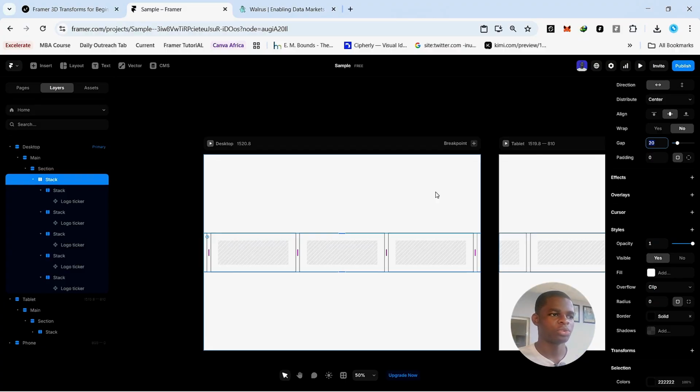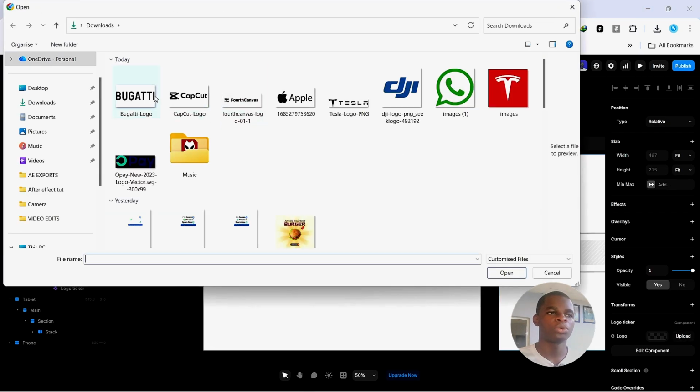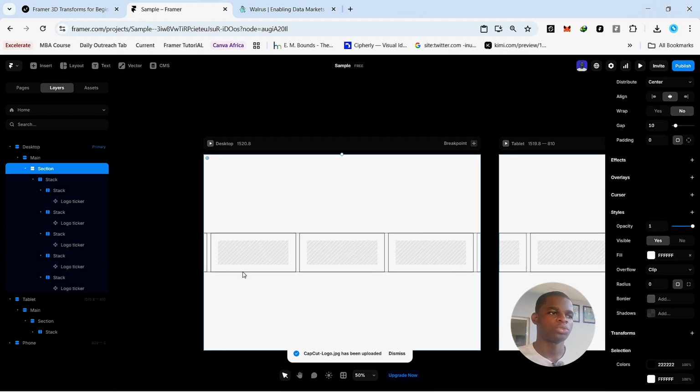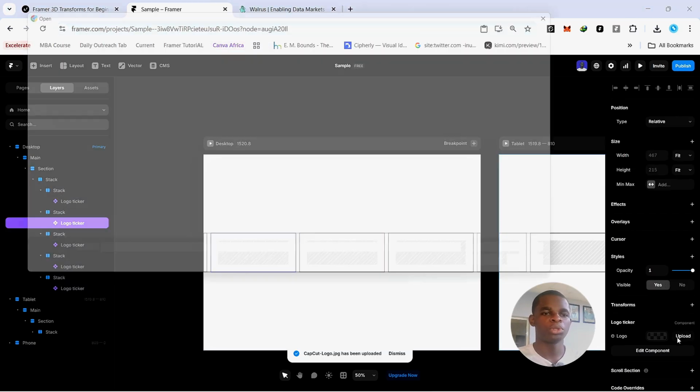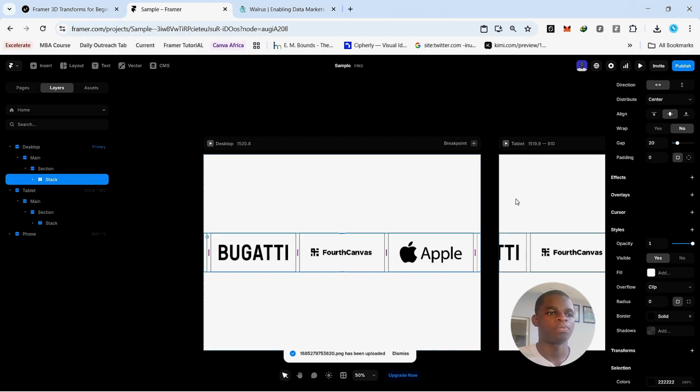Okay, from here on, it becomes much easier to finish up this whole thing. So I'm just going to go ahead and change the images. Now you can see if I click on any of the components, I can see upload, where I can quickly click on it and upload any of the logos I have, and it shows there on the logo. So I will just go ahead and keep uploading the logos for all the components I have here. A few moments later. Okay, now that I'm done uploading all the logos, we want to add the ticker